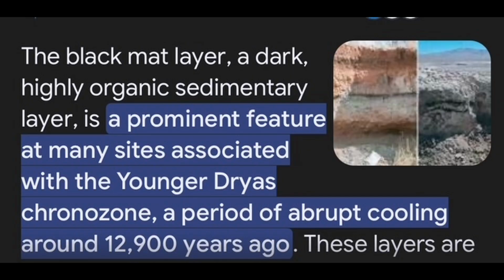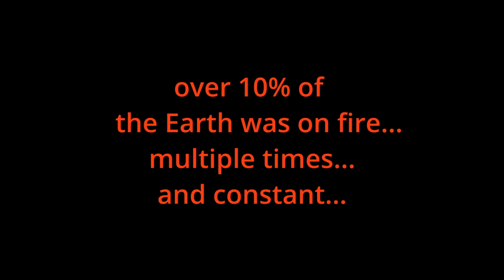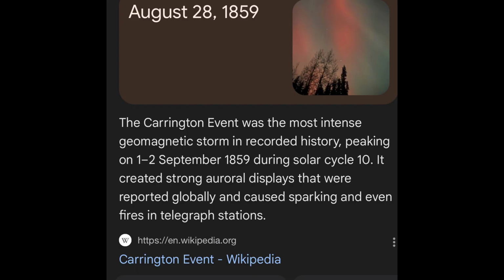And this black matte layer showing that, well, there could be some volcanic things going on, and they believe 10% of the Earth caught fire all at one time. But just like with the dinosaurs, whenever they went away, they were like, well, it looks like what you're saying is true, but if we can't find a crater, we can't prove it,